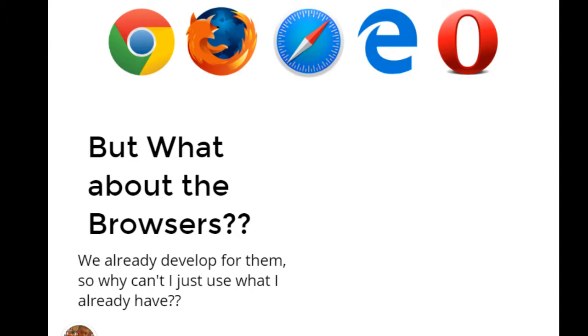So you also have browsers on your laptops and desktop machines. So we're already developing for those. So why can't I just use what I have and what I already know everybody else has? Most of the time, I'm targeting one of these anyway. For web devs, we're making web pages, websites, and web applications, and we're factoring in mobile factors.